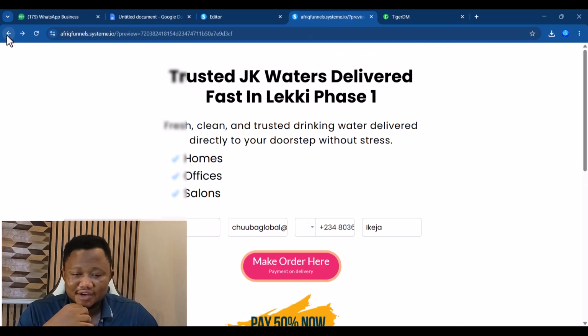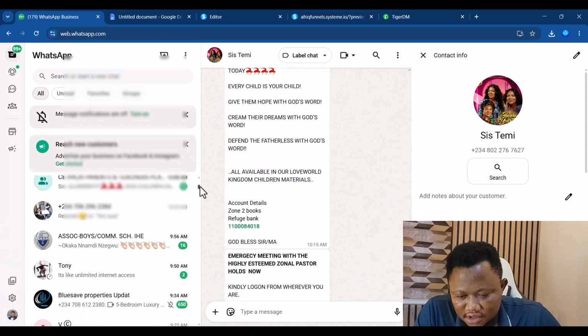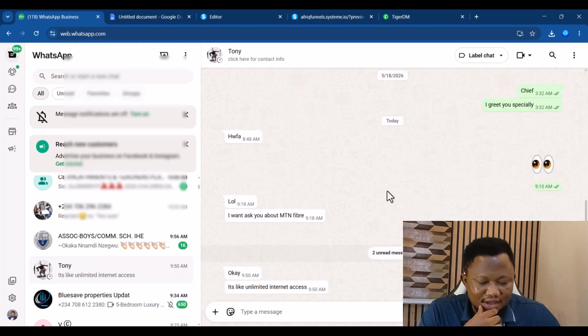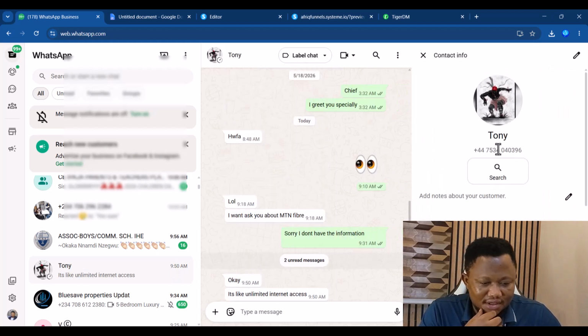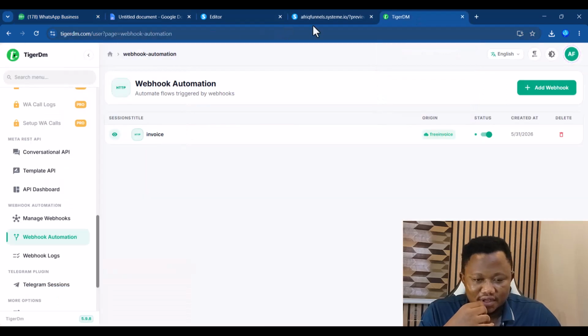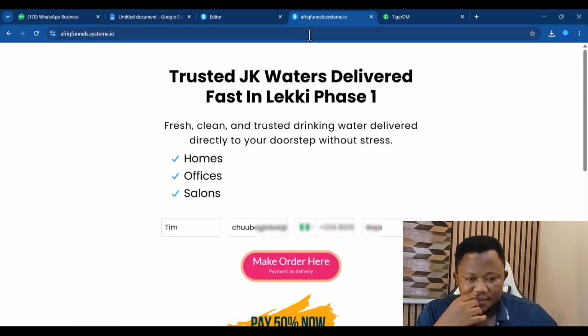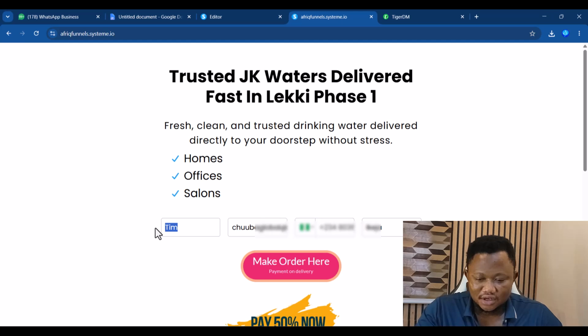Now let's go ahead and use another person's number. So who should we use right here? Let's use this person here, and go ahead and copy the person's information. Okay, let's choose this information and use it as a test. I want it to look like this so that the message can drop. You can see the message is dropping. So the name is Tony, and this is 444. This is UK, right? Let's use UK. So let's go ahead and do what? Make sure you remove the preview. Now let's call the name Tony,